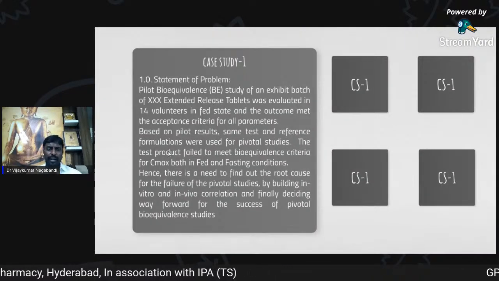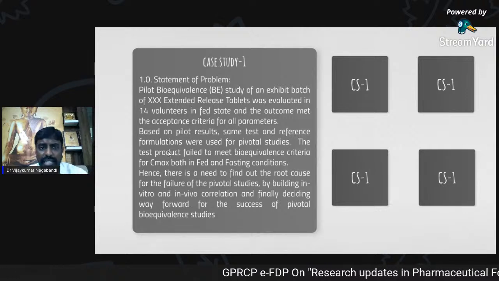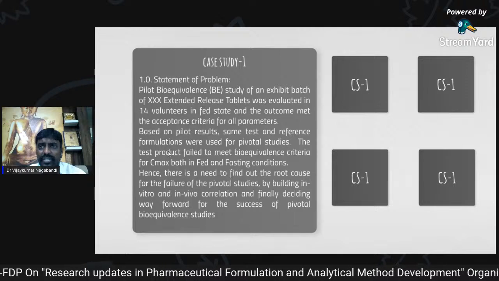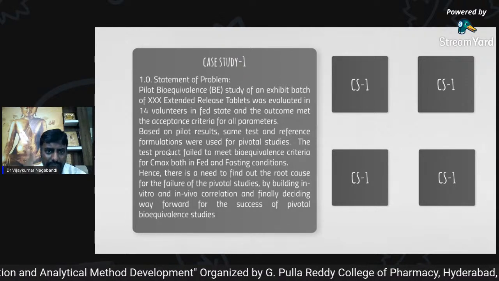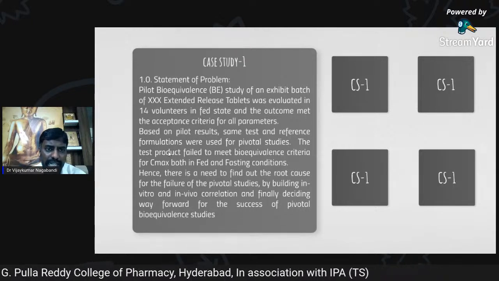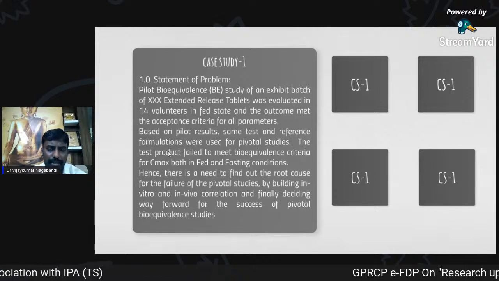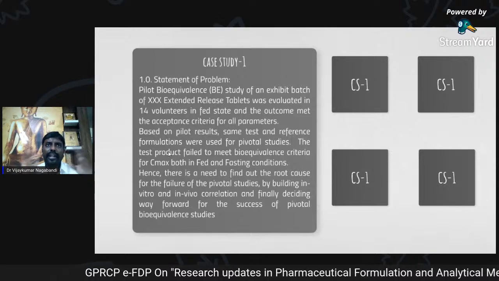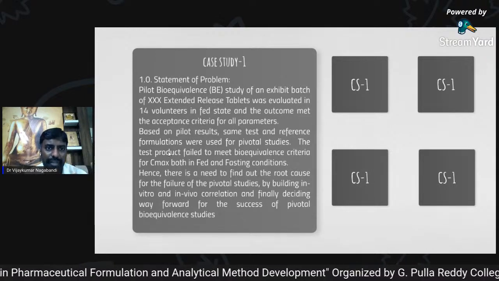This is the more important part of my presentation today. This is actually a practical problem that we have faced in our industry. Generally in industry, once the lab scale formulation development at laboratory level is completed, it will be transferred to the technology site, the actual manufacturing site, the GMP site. We need to do some scale up studies. Then once the scale up is completed and we optimize the process parameters, finally we need to do the exhibit batches. Exhibit batch is nothing but the submission batches for the approval.